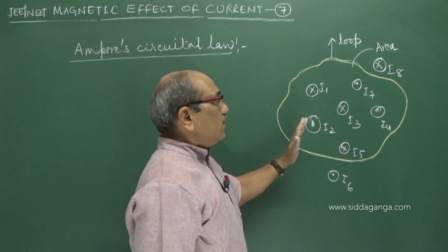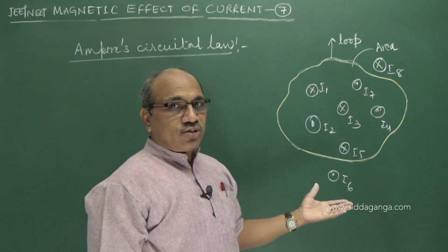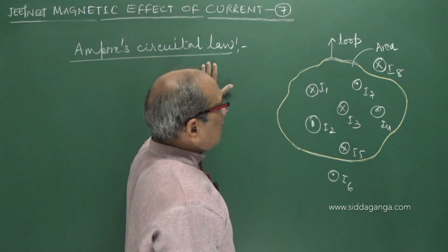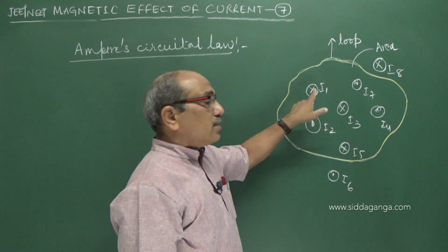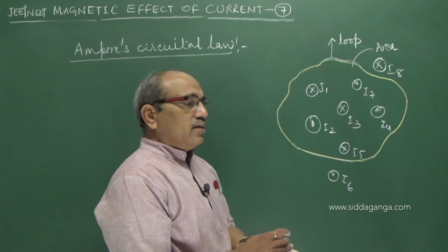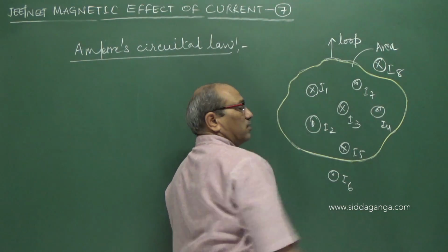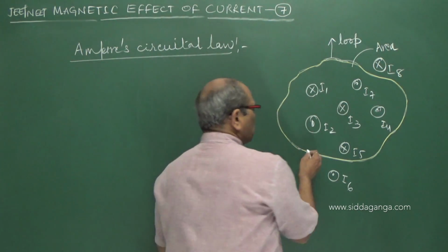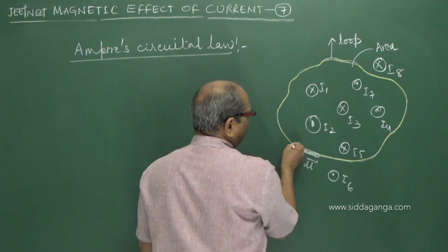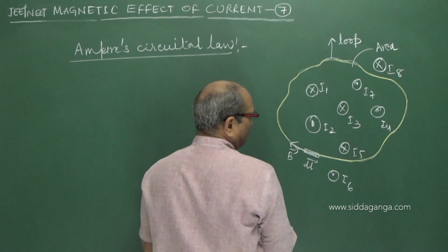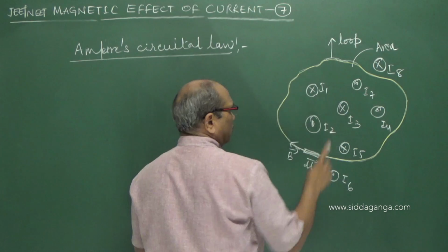So it gives you the magnetic field produced together by them. As we understood the electric flux in Gauss theorem, here we can estimate the magnetic field through all these conductors carrying current, because each conductor carrying current produces a magnetic field. The vector sum of all these magnetic fields produced within the loop can be found out. Suppose, for example, I take a small elemental length dl, the magnetic field produced may be B, and B and dl are along the same line. This is the elemental length and the area enclosed.